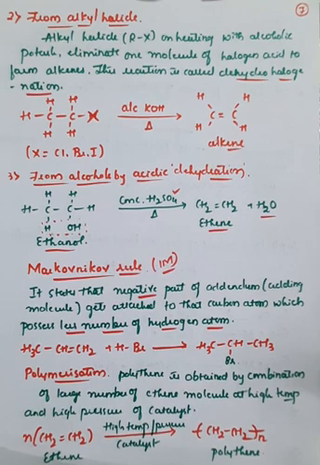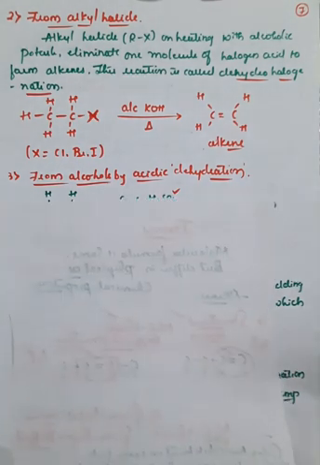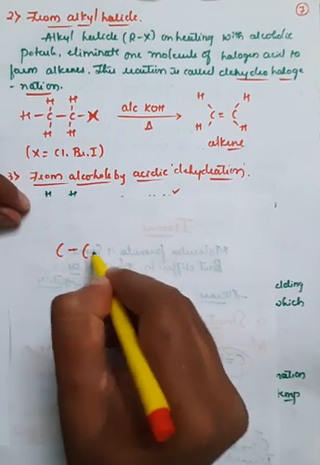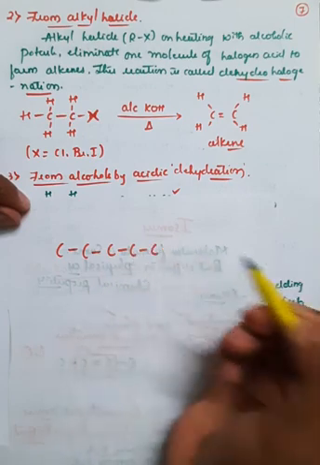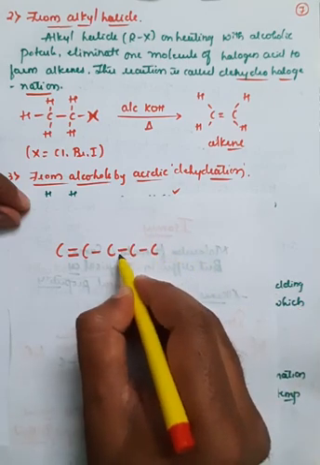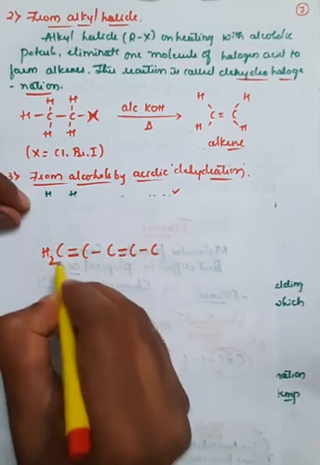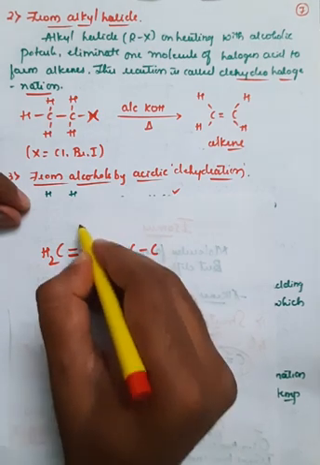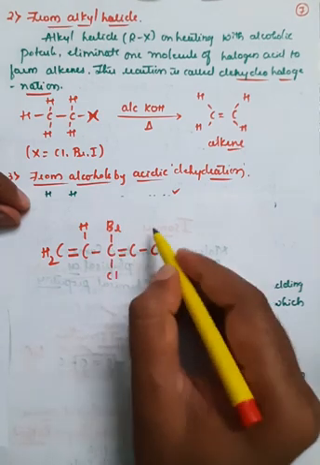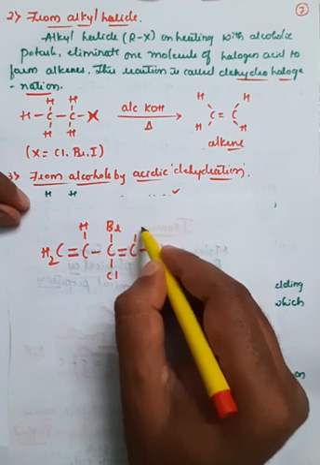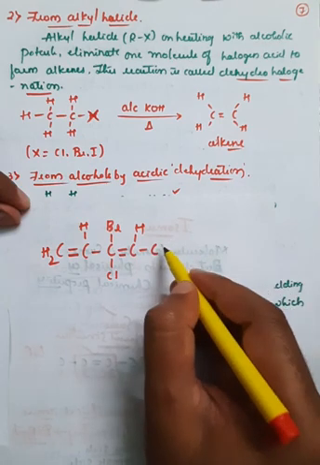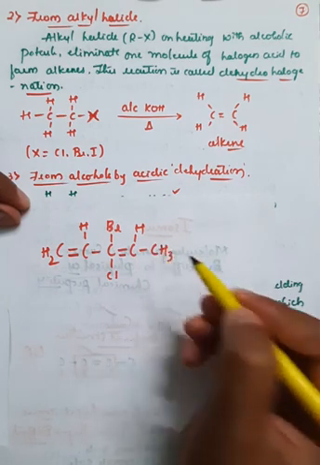So in case of Markovnikov's rule, if you have doubt, I will give one more example. If you take a chain of carbon atoms, 1, 2, 3, 4, 5, right? Here carbon is double bonded, here it is double bonded, and this is supposed to be CH2, so this has hydrogen 1 here, this has a bromine, it is bonded with chlorine on the other side, this is bonded with hydrogen, and this has the CH3 group like this, right?